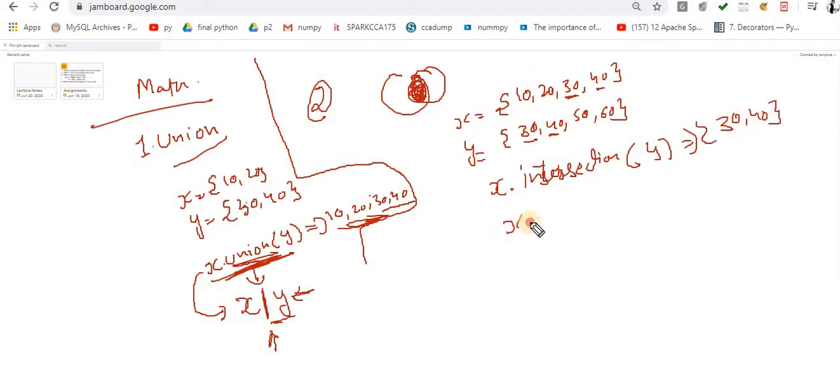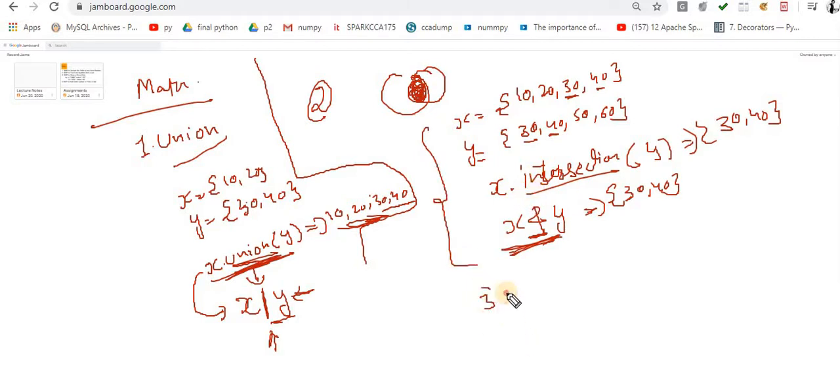The second, alternate way to perform intersection is x and y. The output is exactly the same. Whatever you are comfortable with, go with that. So this is the way to perform intersection on the sets.